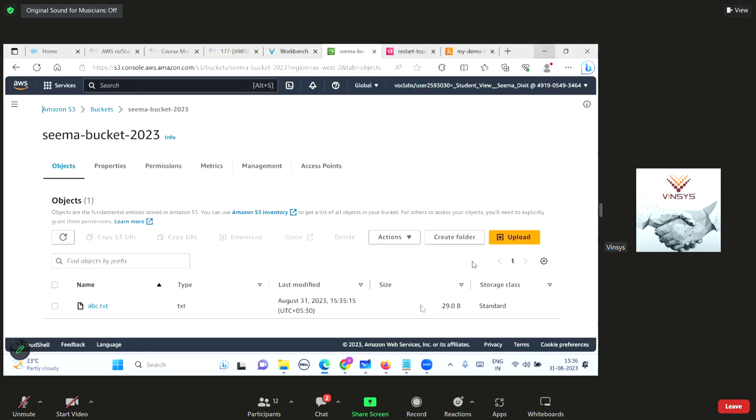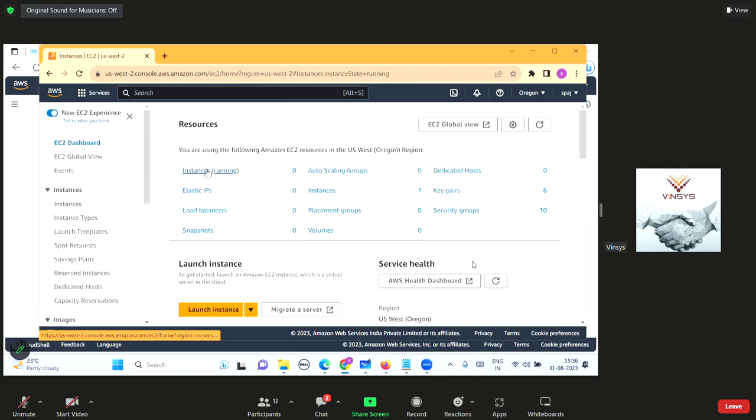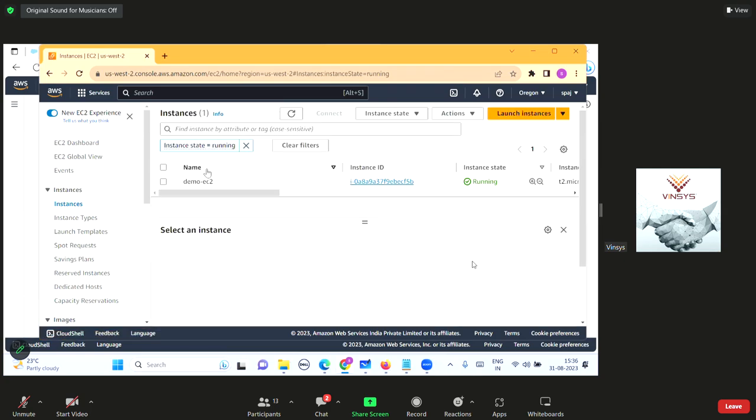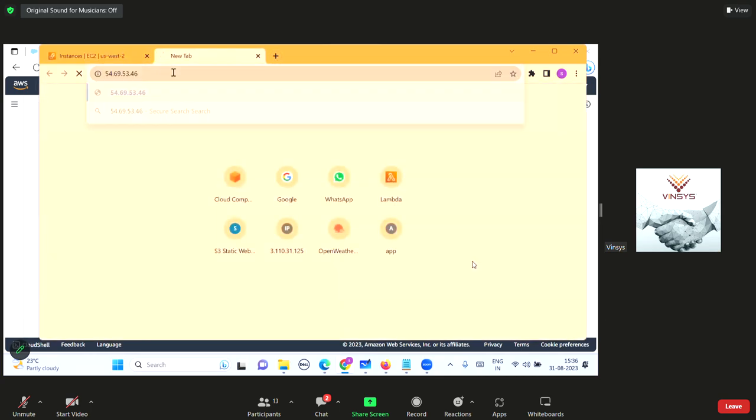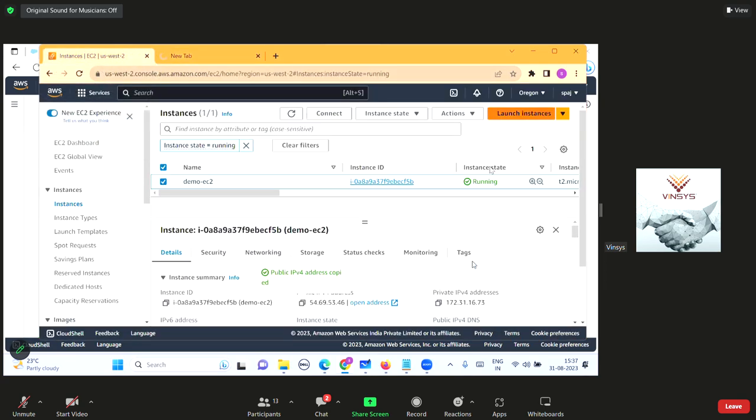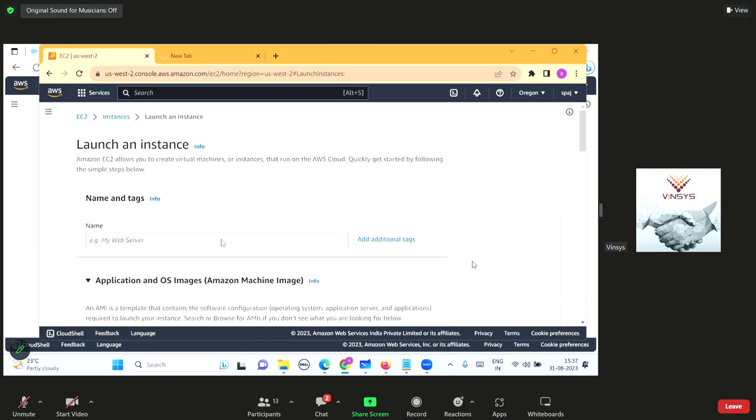No problem. What I will do, I will go to my EC2 instances. Now I will create one instance. Let us say, I think it is already working. Let me just check whether it is having that web page, because I think in my morning batch I did something here. No, I guess. Okay. Let me quickly launch one in Oregon and the other in Singapore. So let us say this is my